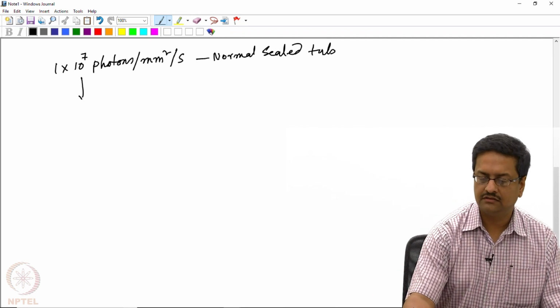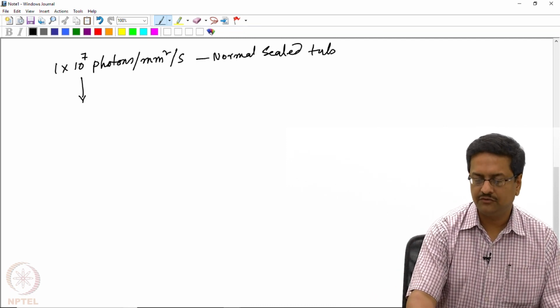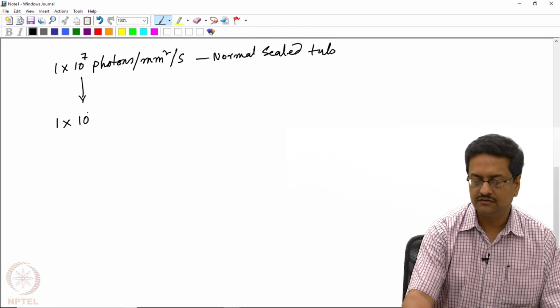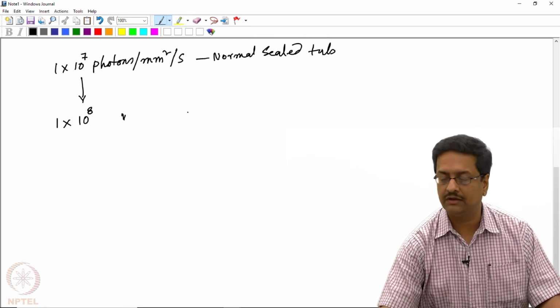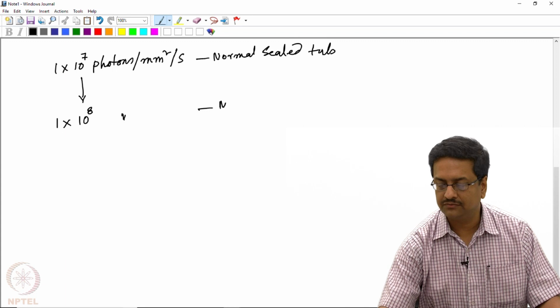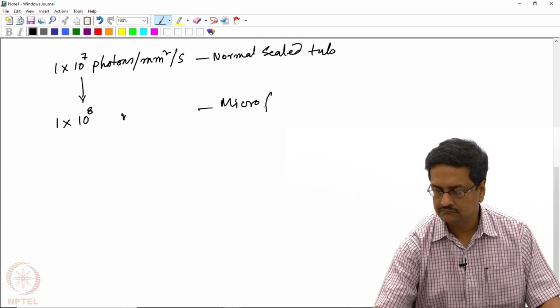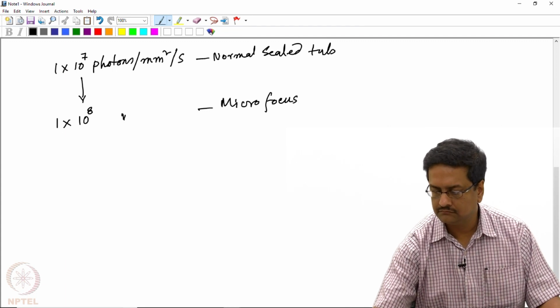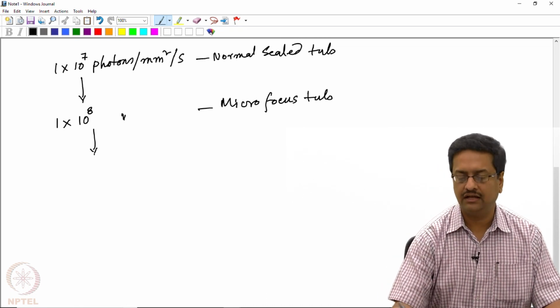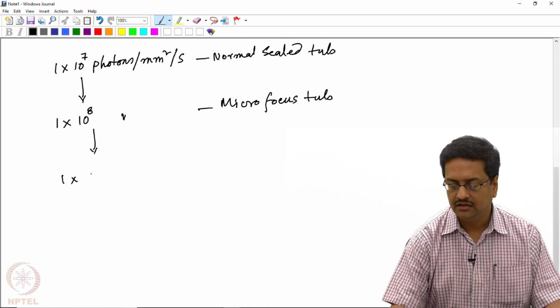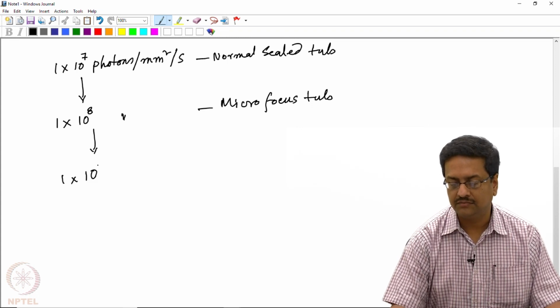Compared to that, a microfocus sealed tube might give you about 10 to the power 8 photons per square millimeter, and if you are using a rotating anode, you may end up getting an intensity of 10 to the power